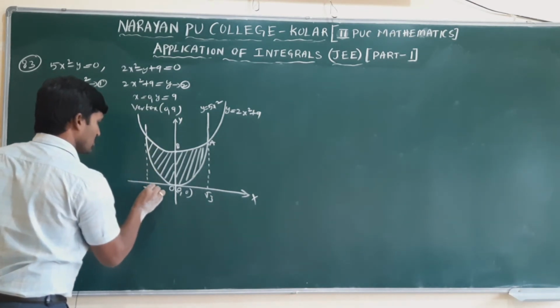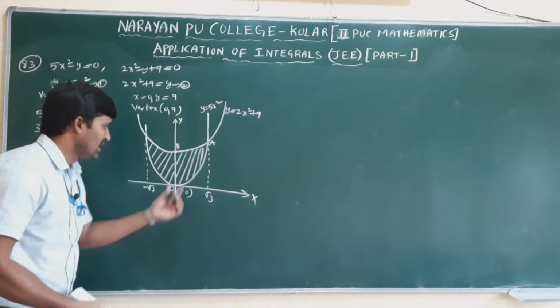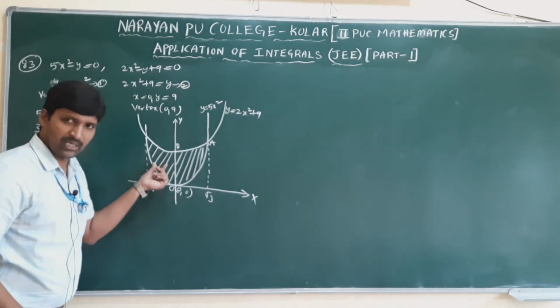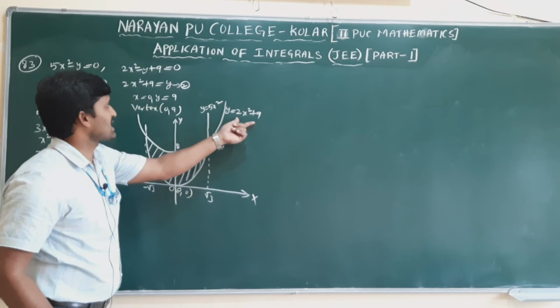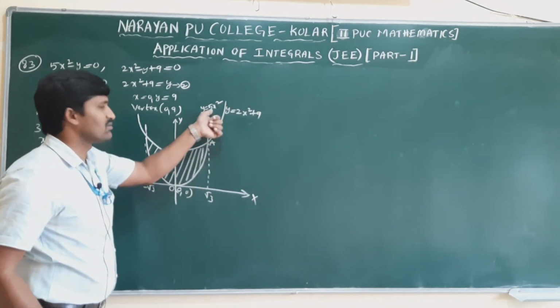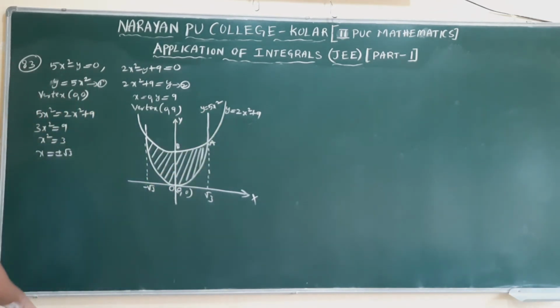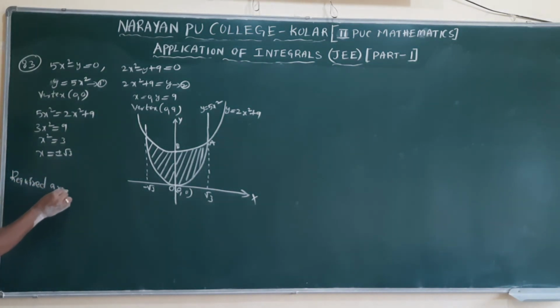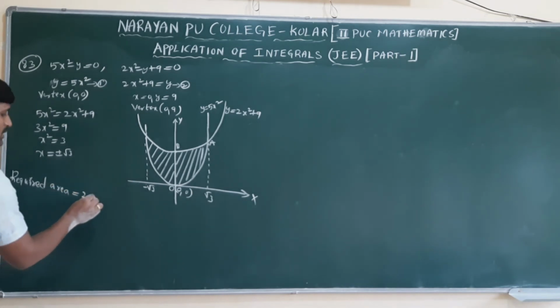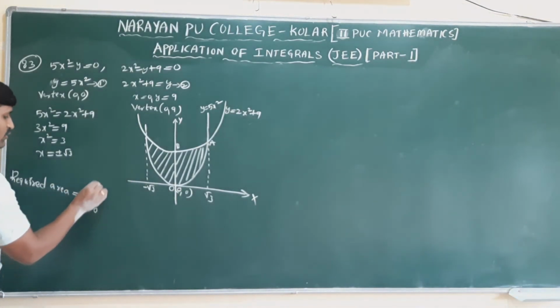Here minus root 3. To find the total area, each part is symmetric with another part. So from 0 to root 3, the upper curve is which curve? The second curve. The lower is which curve? The first curve. So I will make it double. Required area